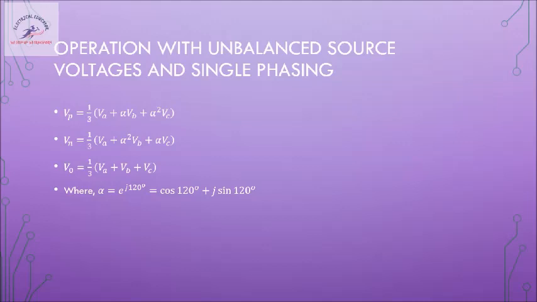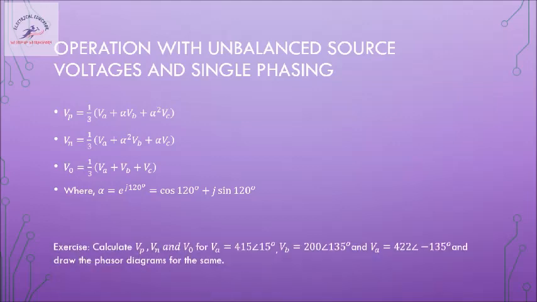The effect of this Vp and Vn can be studied, because Vp creates all the forces in the direction of the source, that may be the rotating magnetic field or whatever, and Vn creates a rotating magnetic field in the opposite direction of the original field. This helps us to understand how the performance will be altered.